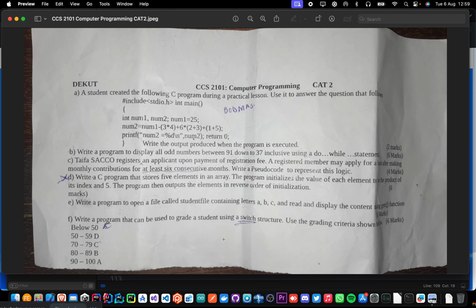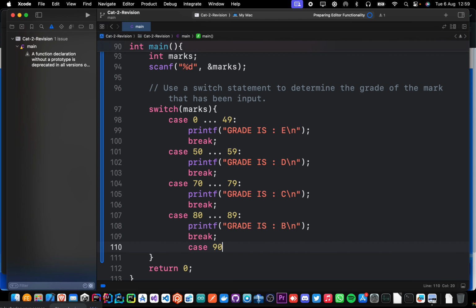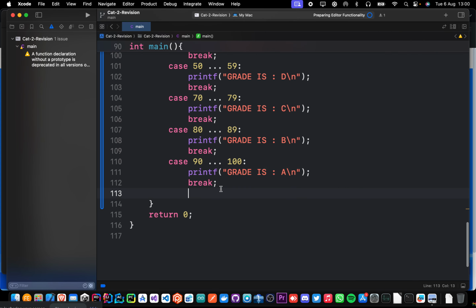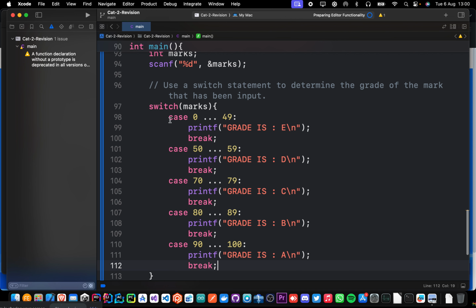And the last case is 90 to 100. So case 90, 1 2 3 to 100, and then say break. And after that you printf grade is A, and go to the next line and have our semicolon. So that is basically it for our grading system. The thing that you need to know is to represent a range in the switch case statement you use the 3 dots, and then you write the first number and the last number in that range, and they are